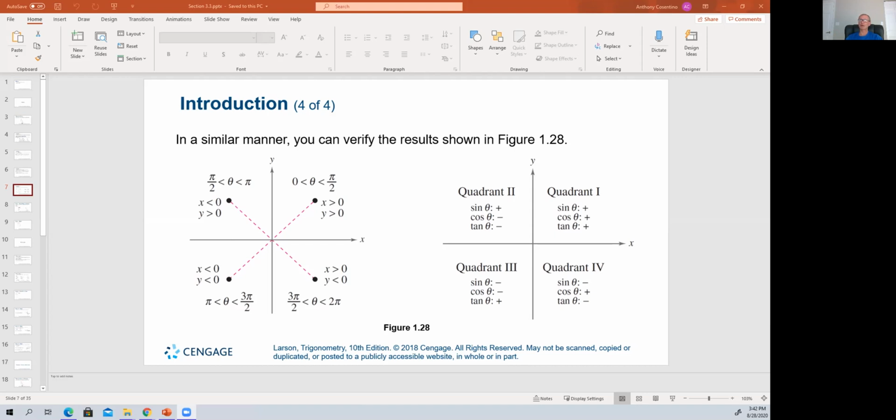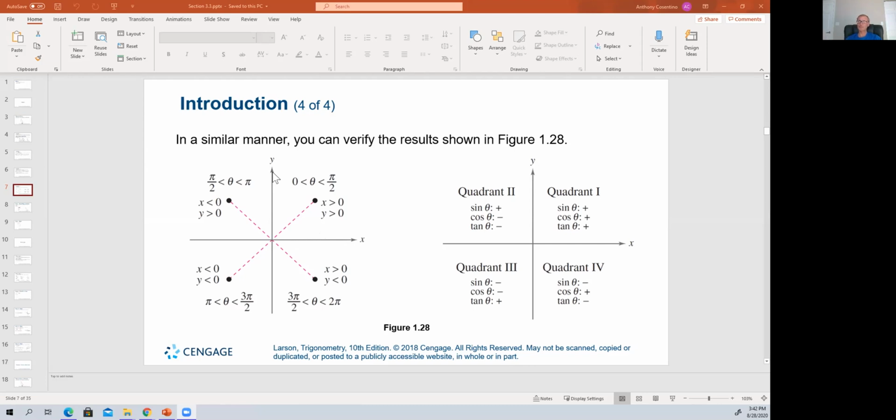Quadrant 1 is between 0 and 90 degrees, where 0 is the positive x-axis and 90 is the positive y-axis. Between 0 and 90, both the x value and the y value are positive, so sine, cosine, and tangent are all